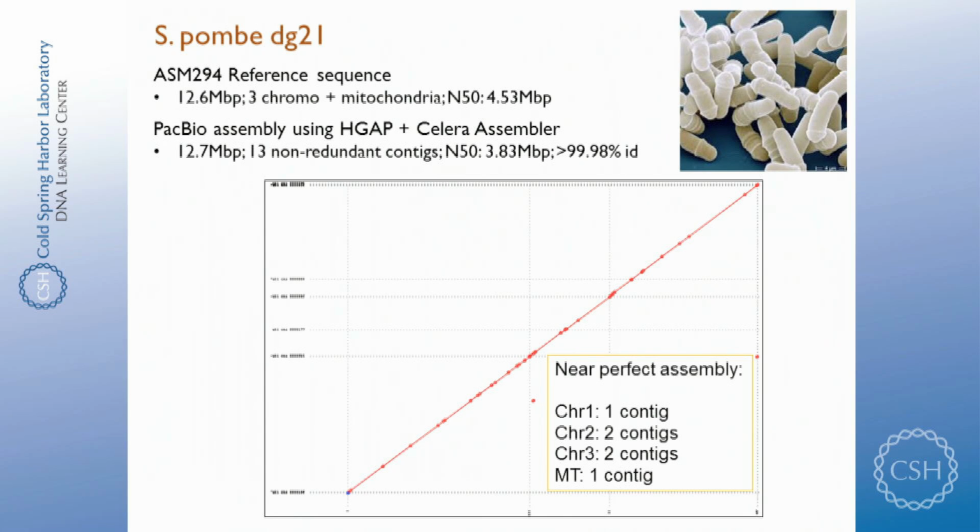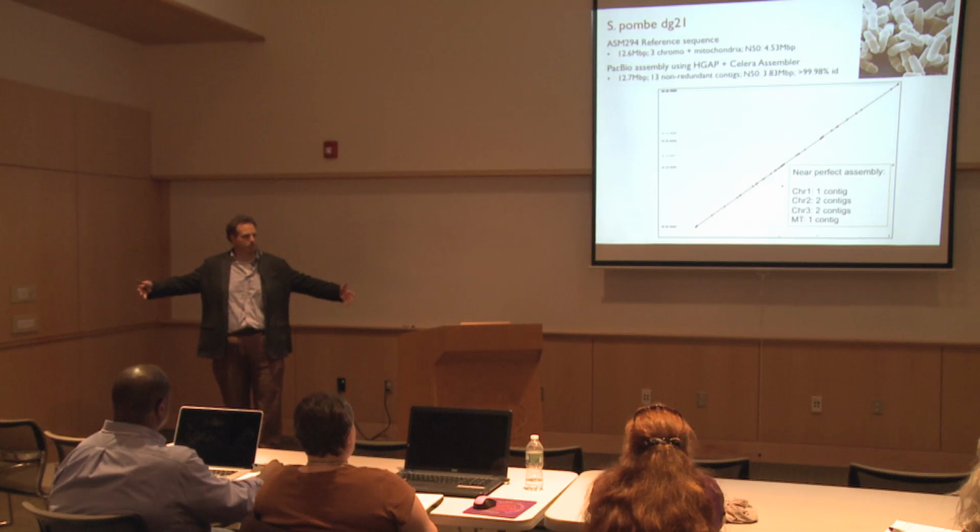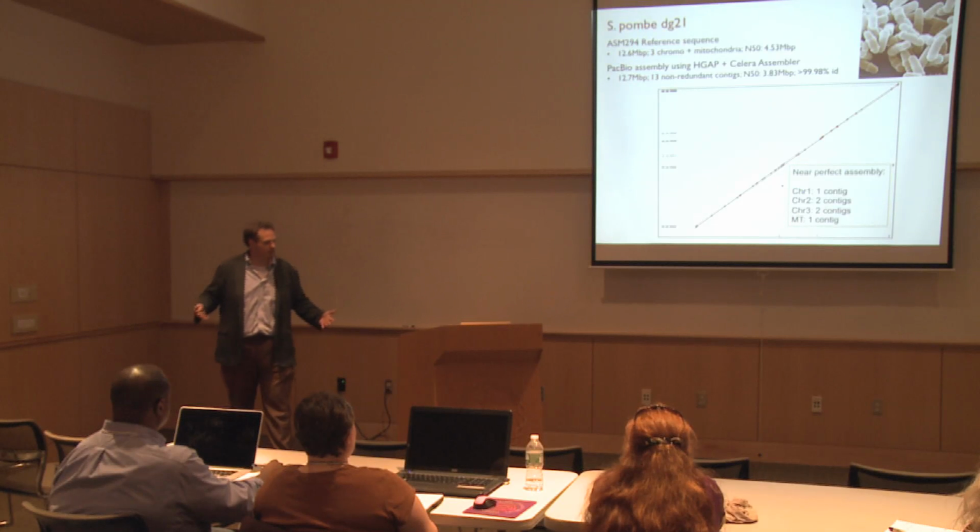Notice there's just a few of them. There's kind of one big one, smaller one, smaller one, a smaller one, and then another big one. Over here we have the reference genome, and there's actually some breaks along the way here, and that's because this is chromosome 1, chromosome 2, chromosome 3, and the mitochondria. So we basically had one contig representing each chromosome of Pombe, which is an incredibly amazing result, considering that 10